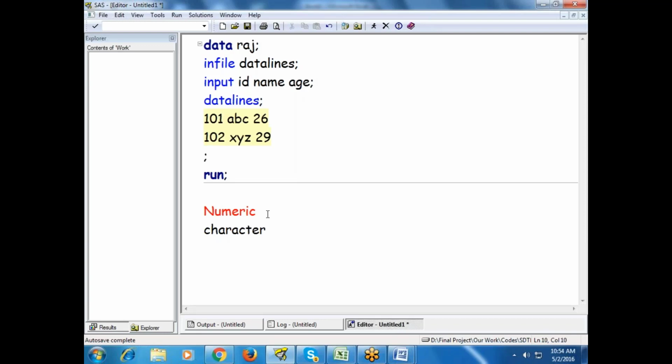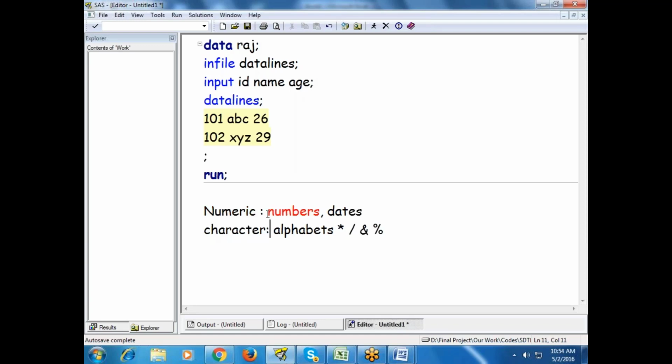It will read numbers, commas, dates. Character means it will read alphabets and special characters like star, hash, ampersand, percentage. So using your keyboard you can give only numbers,